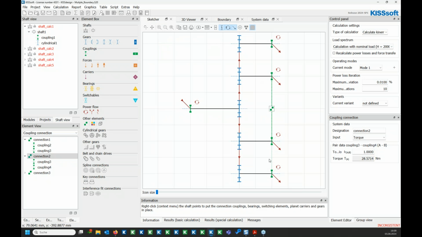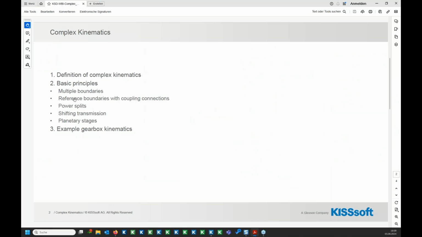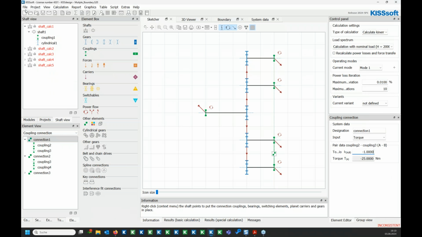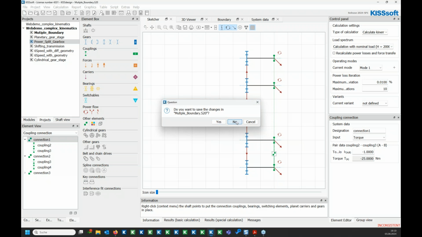So there is this additional flexibility which I wanted to point out, which can be very convenient to use in such cases. Okay, so with this, the first 2 points we already covered. Multiple boundaries we covered shortly, reference boundaries with coupling connections we also covered. Now I'd like to switch to the power split. If I go to projects and open a power split model,